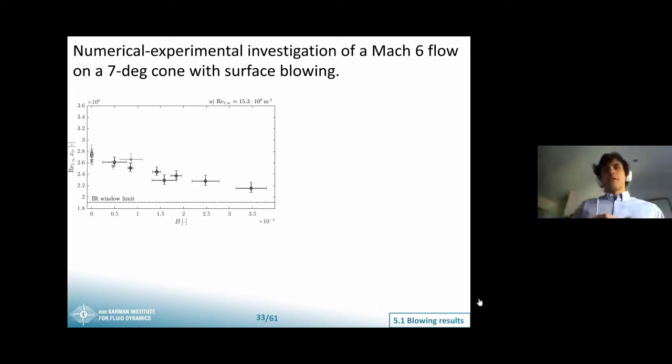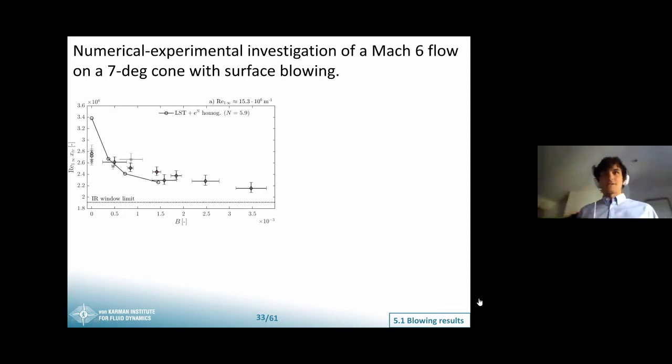So basically how much mass we are injecting through the flow. And the first thing we see is that, as we would expect, the more mass that we inject, the lower is the transition Reynolds number, which means that blowing effectively advances the transition front. So transition occurs sooner if we blow, and even sooner the more we blow, basically. So that's very good. So then we said, okay, can we reproduce this with our tools?